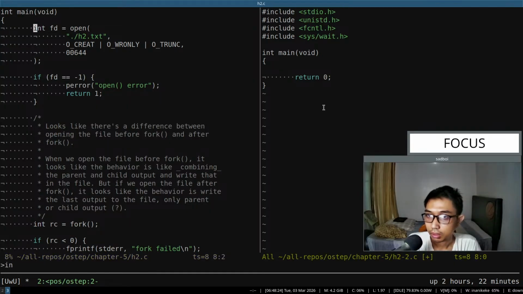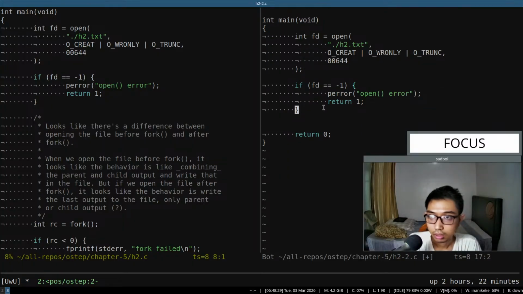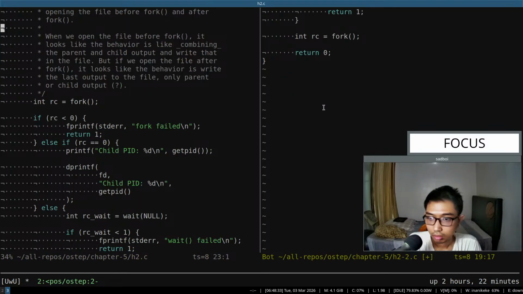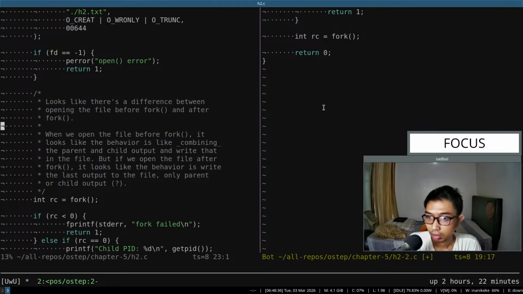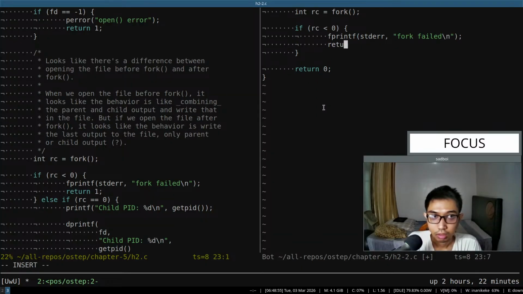Okay, first of all, let's add this, and then if RC less than 0, printf stdl fork file, return 1. Okay,